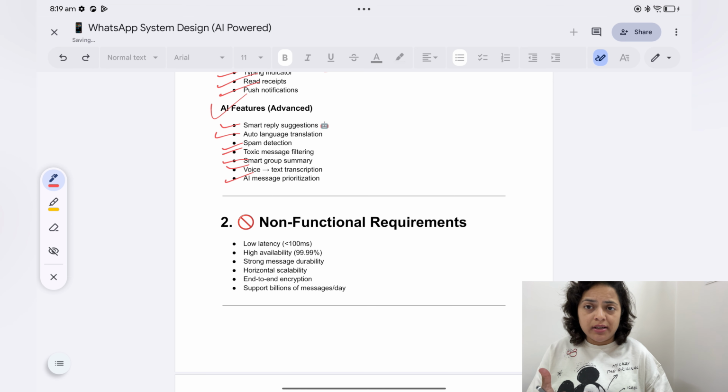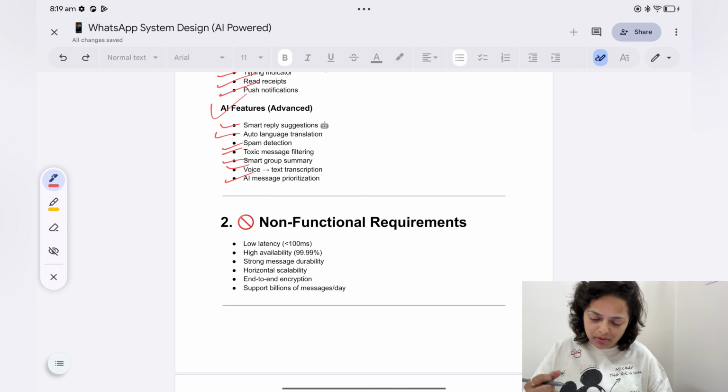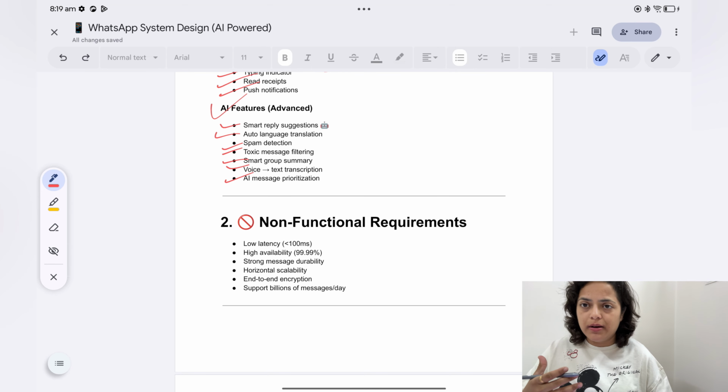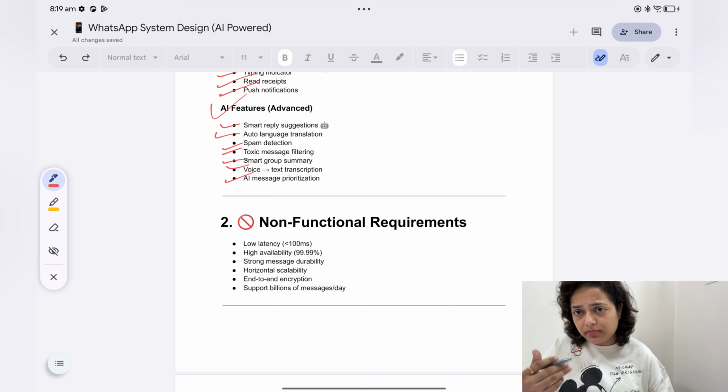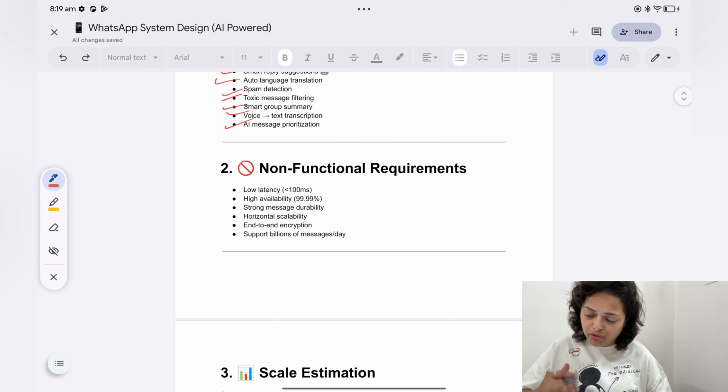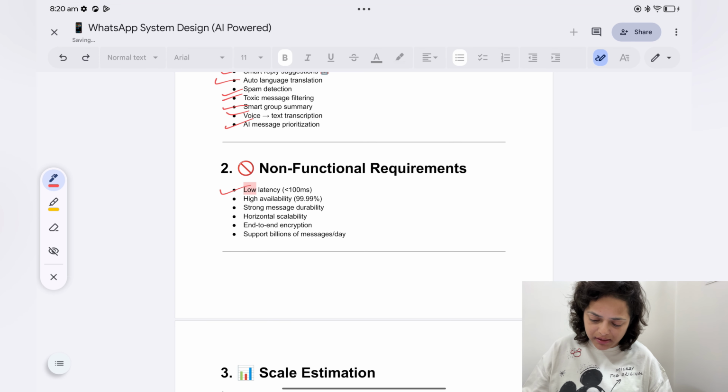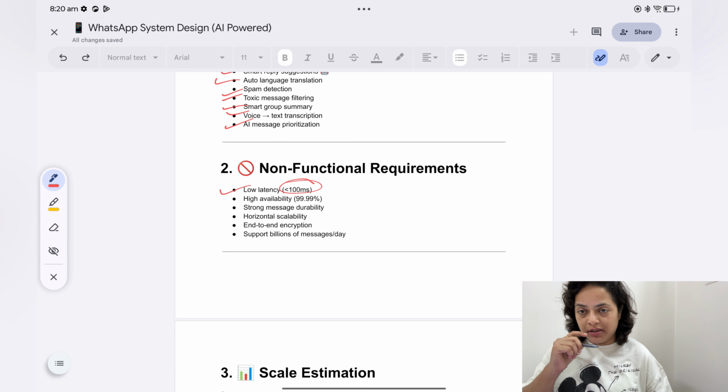AI message prioritization means, let's say lots of messages came, New Year messages for example, so the system should be able to prioritize them, like the typing indicator. For some time it can hold that service down, so that text messages are sent first and media is second priority, something like that. Prioritization. Now the non-functional requirements: low latency, less than 100 milliseconds for a message